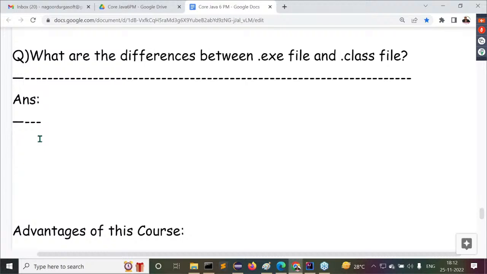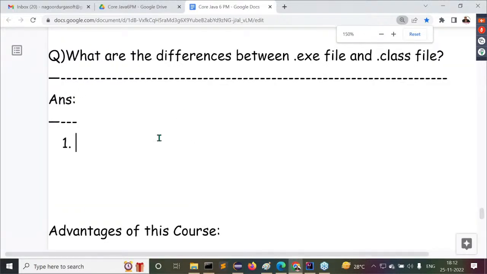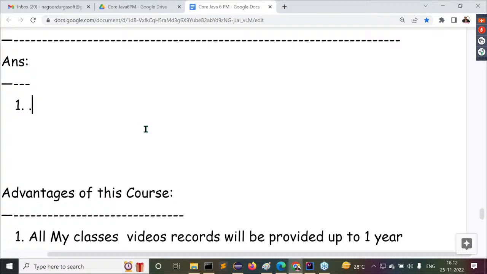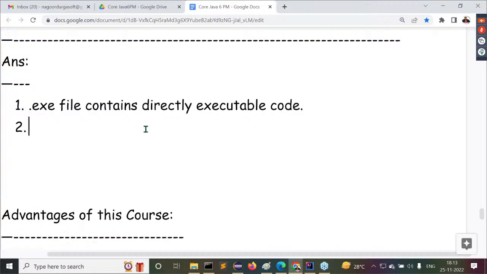What are the differences between a .exe file and a .class file? Very first difference, guys, understand this. A .exe file contains directly executable code. Am I right? A .exe file contains what?